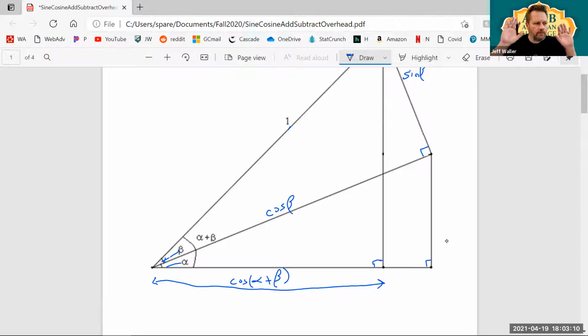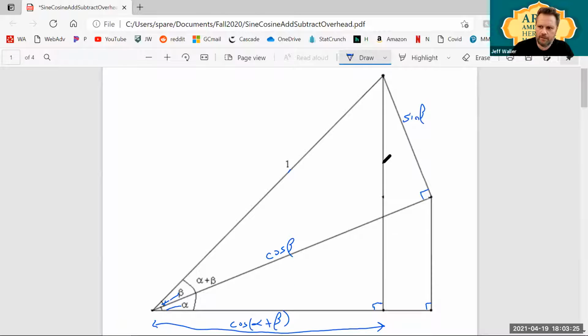Okay, so everybody with me? We actually haven't done much of anything at the moment. We sort of just verified some cosine and sine ratios. So obviously, what about this side here? To make it a little bit easier, I'm going to put that out here. That's obviously got to be what? If this side is cosine alpha plus beta, this side is going to be